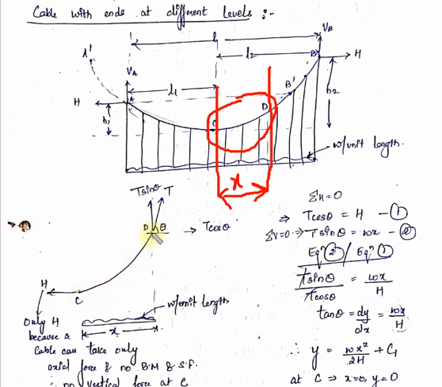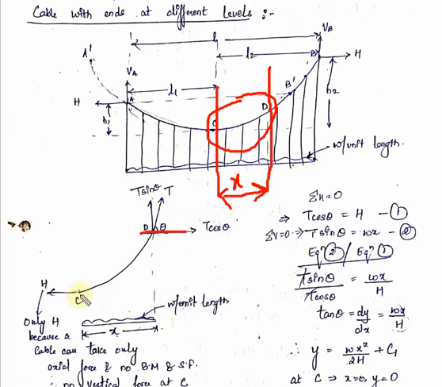See, at D point we know that in a cable no bending moment and shear force are produced. Only tensile force is produced, only tension is produced in a cable. So when we cut a section at D point, there will be only one force, that is your tension. Suppose this tension is making an angle of theta with the horizontal. This inclined force T will have two components. One will be your horizontal component and one will be your vertical component. So the component along theta will be T cos theta and the vertical component will be T sin theta.